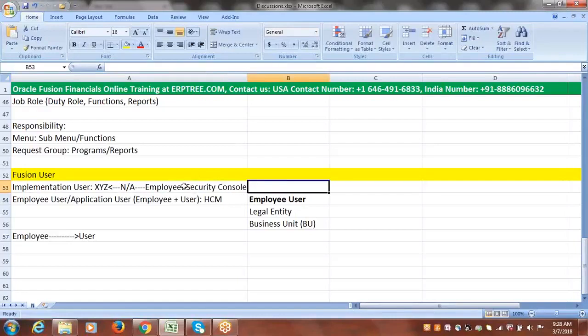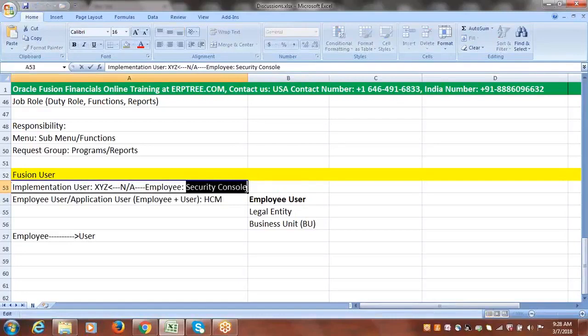So here the security console is equal to our EBS sysadmin. The system administrator in EBS, you can create users the same way in Fusion. The employee users you can create from security console. Just for our understanding, security console is equal to EBS sysadmin. Within the security console only we can create the users, and you can set the password, and you can give